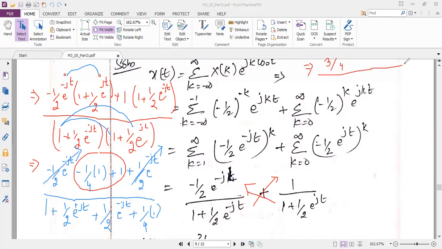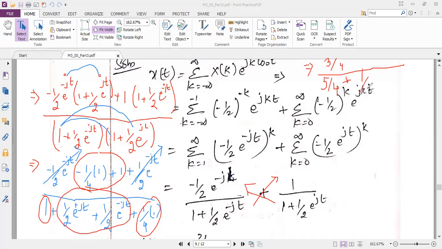The whole divided by, you can see in the denominator also you have 1 plus 1 by 4. Can anybody tell me how much is 1 plus 1 by 4? 5 by 4. So how much we can simplify, that much we have simplified. Now I need to solve only this term.